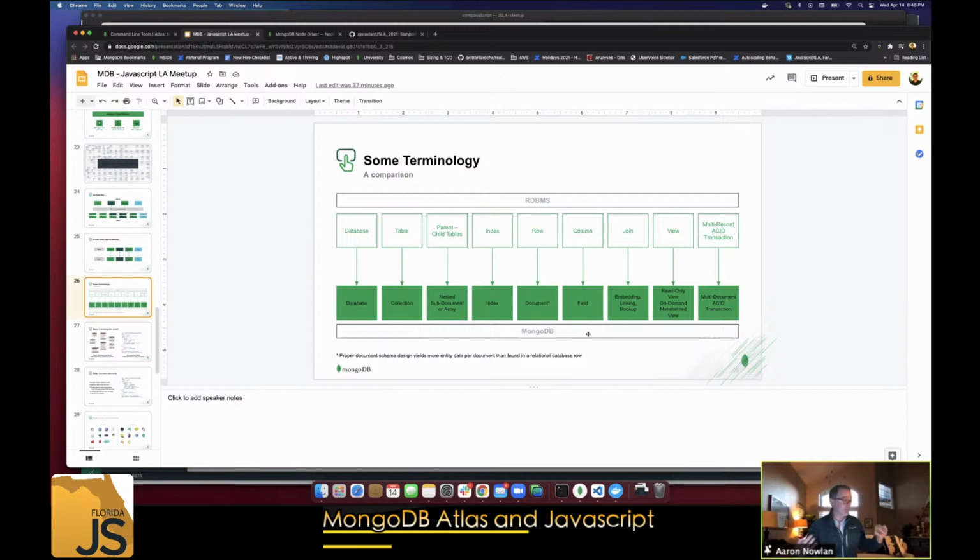We do have the ability to create materialized views or read-only views on Mongo as well. That's a pretty common use case, either using an aggregation pipeline, which we're going to jump into in a little bit, or just a standard $out, which takes the output of a query or a subset of the documents within a collection and creates another collection from it